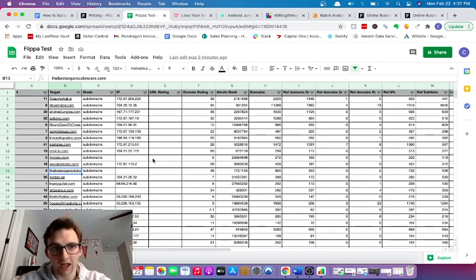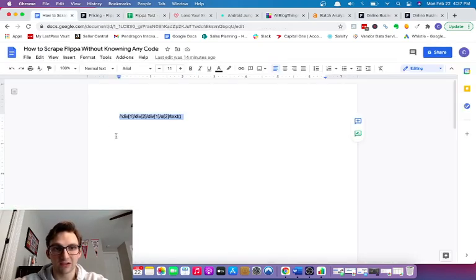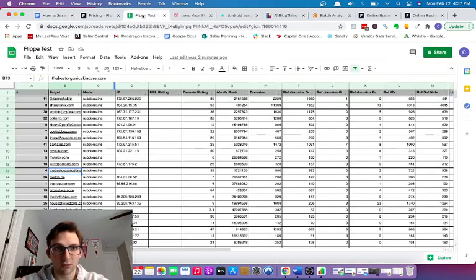But again, I think that a lot of people get scared of Flippa just because it has a reputation of ripping people off, quite frankly. But there are tips and tricks, and when you say, "Oh, just scrape the website," that sounds super complicated, but really it's not. You just gotta copy and paste this little snippet of code into a similar scrape is what the tool is called, and I'll put links to all that in the description of this video. But yeah, I just thought that was a super useful thing that really cut down the amount of time I had to spend just